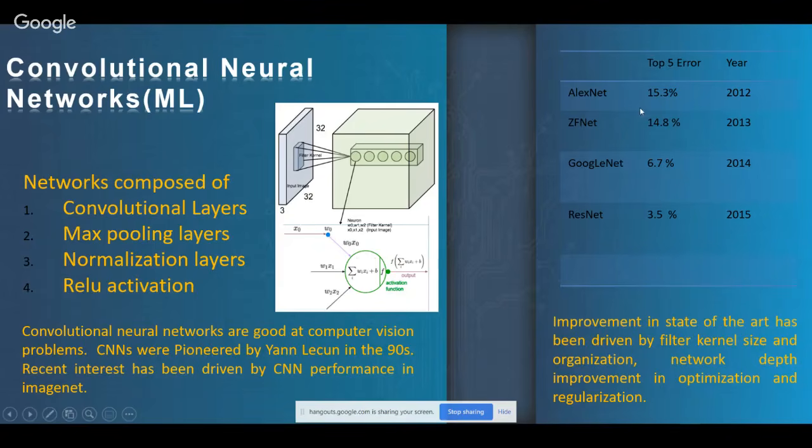So 2012 was when the computer vision community adopted convolutional neural networks as the model for computer vision. And since then, the ImageNet competition has been a benchmark for the performance of various